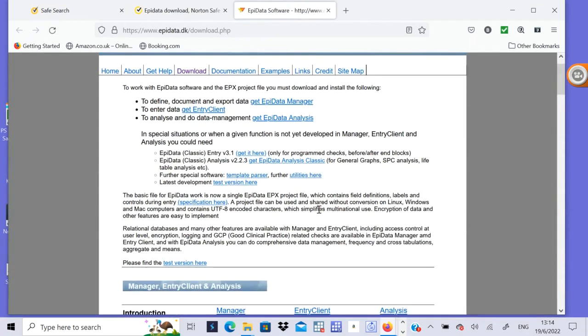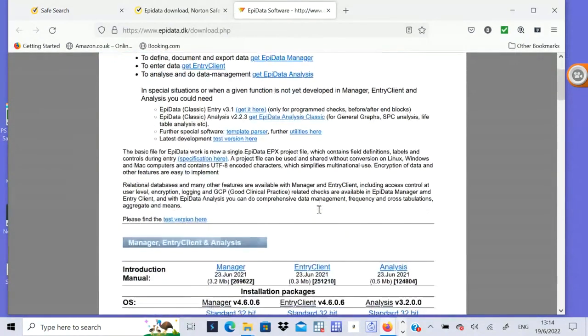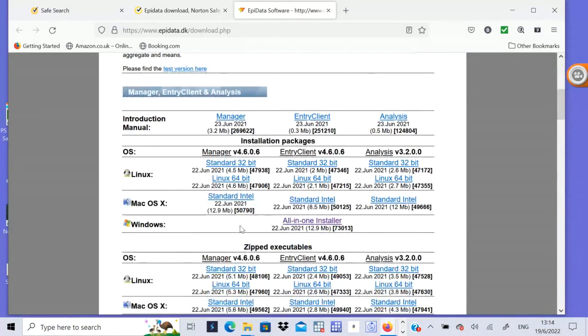And you'll get this page, Epidata software download. Scroll down here. Because you're using Windows, you use the all-in-one installer. Epidata actually consists of 3 different programs, but they work in tandem. They work together. It's like a puzzle. So you've got Manager, you've got Entry Client, and you've got Analysis. So if you do the all-in-one installer, which you can do if you've got a Windows computer,